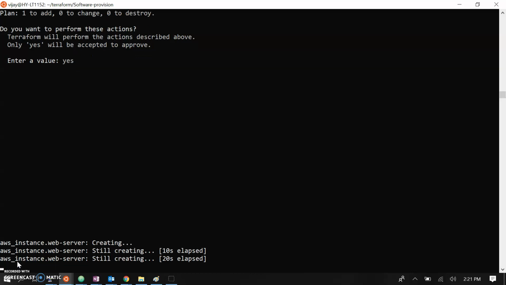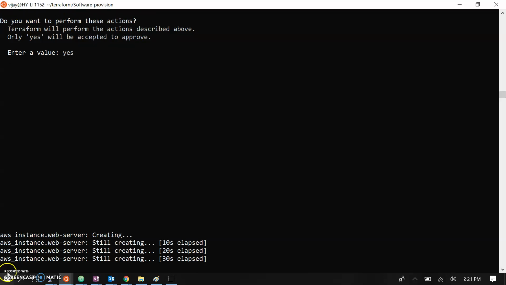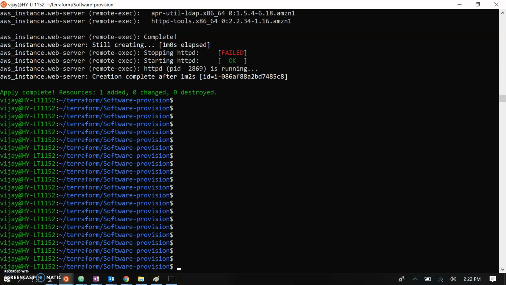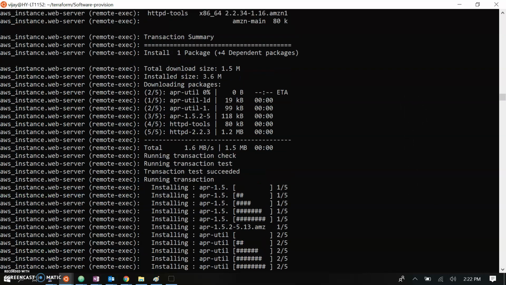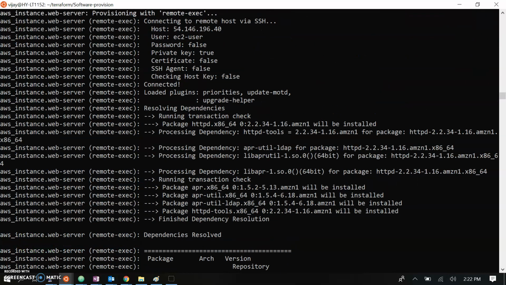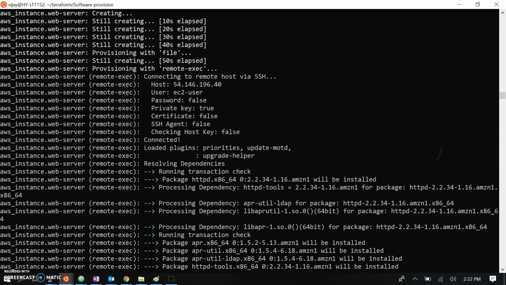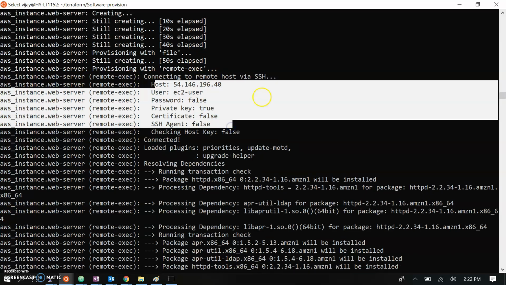It will take some time to create the instance. Apply is completed. So let's look at the logs over here. You can see it connected to my remote host for uploading the file, that is the SSH connection.